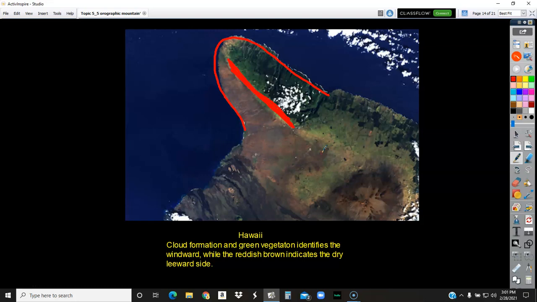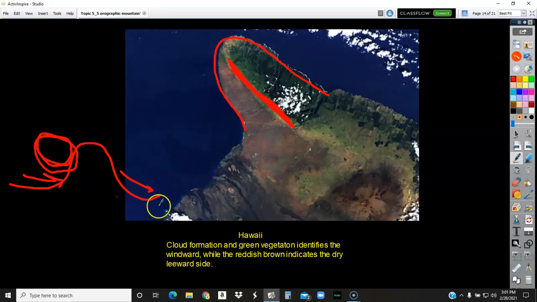So if you recall, the windward side is always going to be the side that is cooler and wet, with a lot more moisture, and the leeward side, the downslope, is the side where it's drier, right? Then which way would the arrow have to be facing to show which way the wind direction is? So you're looking down on a mountain here. There's the peak. So hopefully, if you're thinking about this clearly, the arrow would have to go like